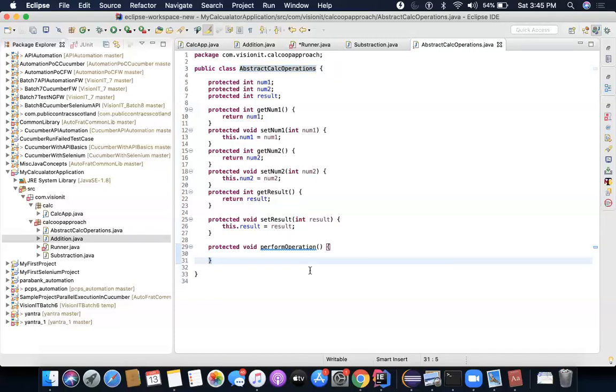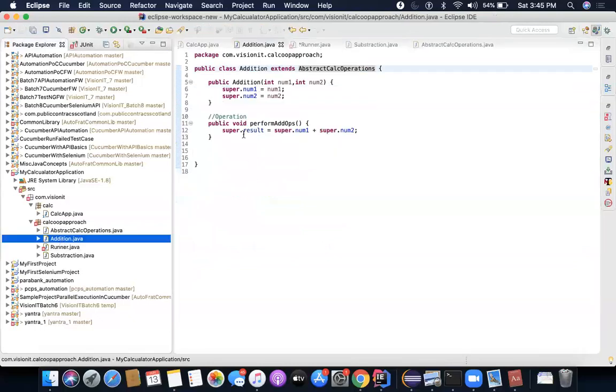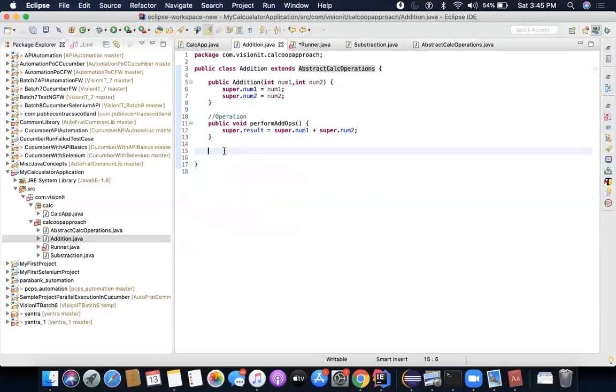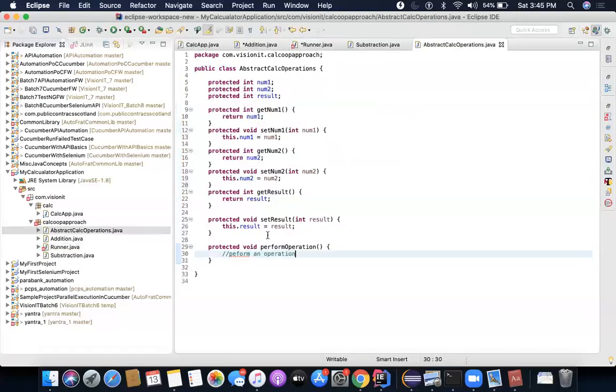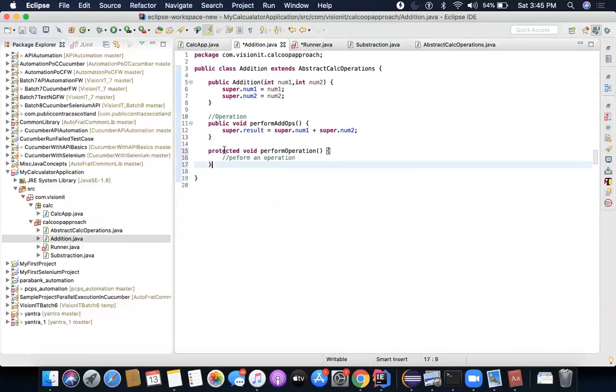Okay. Again, there are two ways. Either I could just simply say perform operation, and I can leave it like this. And then next, inside my addition class, I will simply write public, or I should say something like this here. And I will write here override.